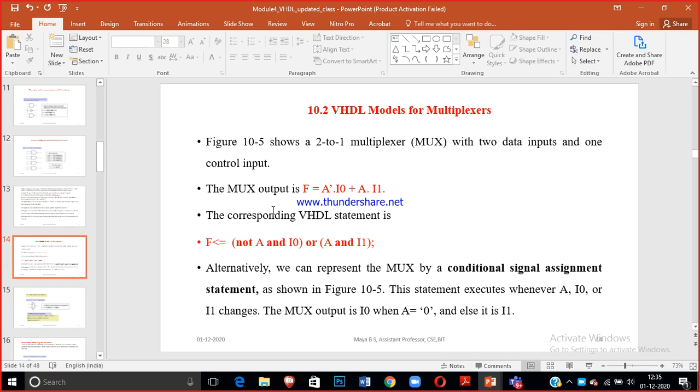For this, the mux output is expressed by the equation: f is the output, f is equal to a dash into I naught plus a into I1. See, f is the output line, I naught and I1 are your data lines, and a is your control input. This equation can be written using a VHDL statement, in the easiest way. f is less than or equal to, because a dash can be represented as not